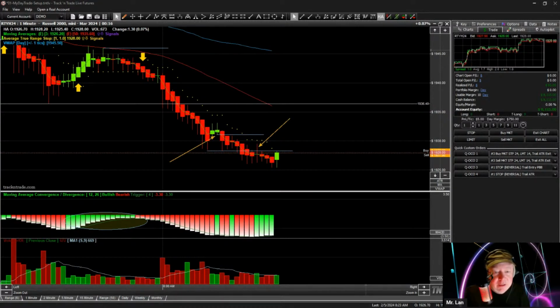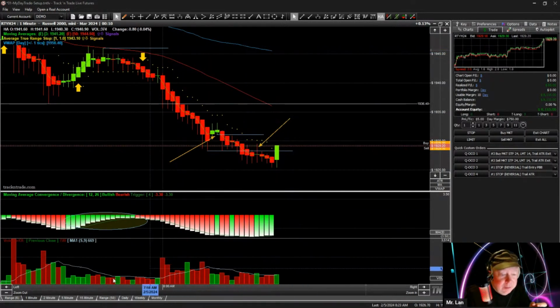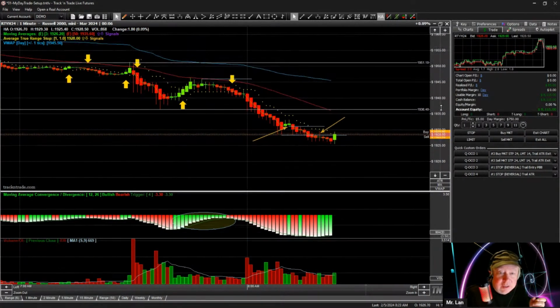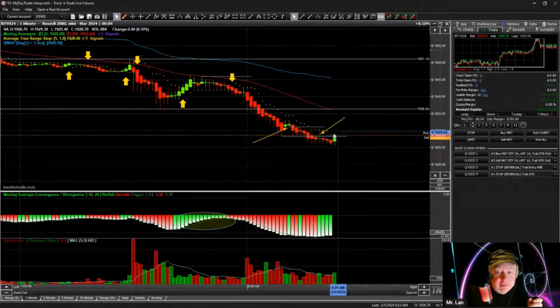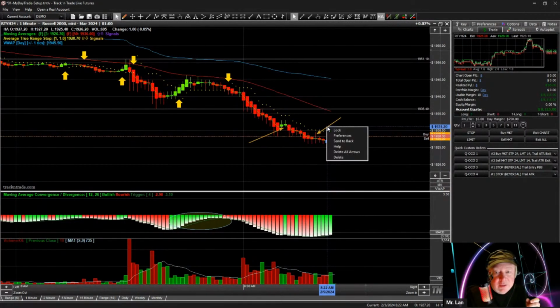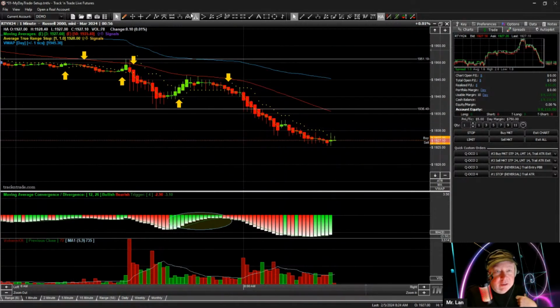Okay, now this might be the turnaround. But we're not technically at the bottom of the third drive, are we? Let's talk about this for a second, because we're not technically at the bottom of the third drive. Let's get rid of some of these drawings, because this is the first break of the yellow dots. I called that the third drive, but if we count this, if we go into the manual,